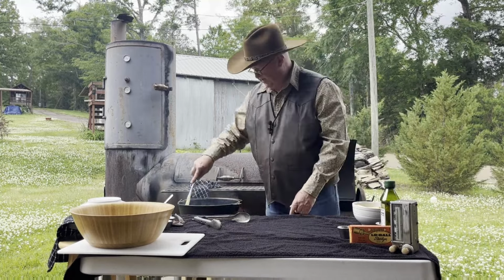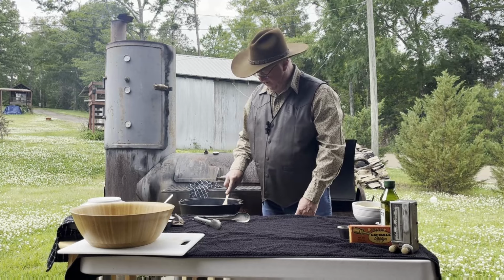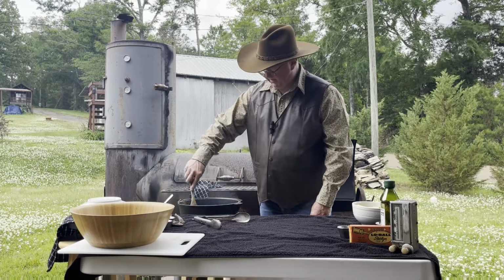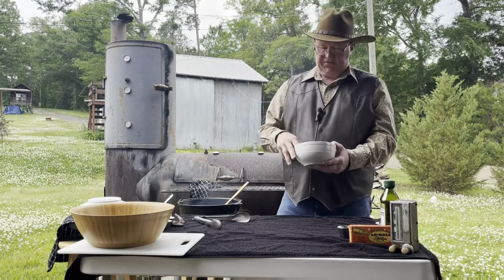Before we add the ingredients, I'm kind of going to scrape some of this chicken in here. It's going to help flavor our dish. Okay. All right, so let's get this going. So the first thing we want to add to this is our peaches. We have two